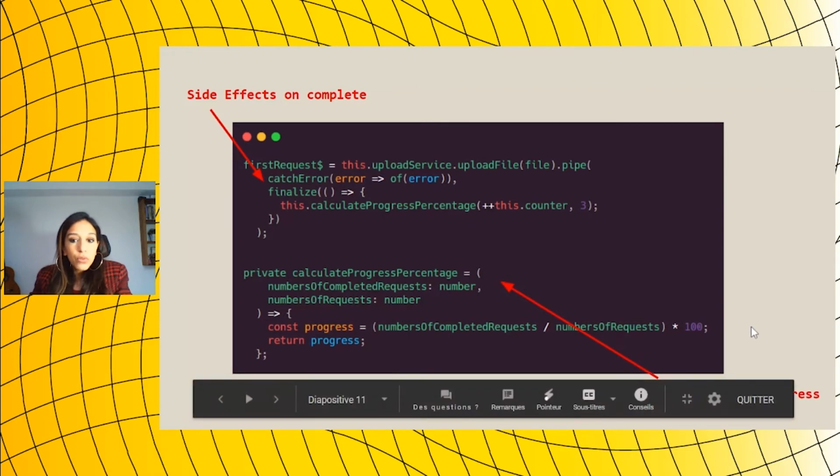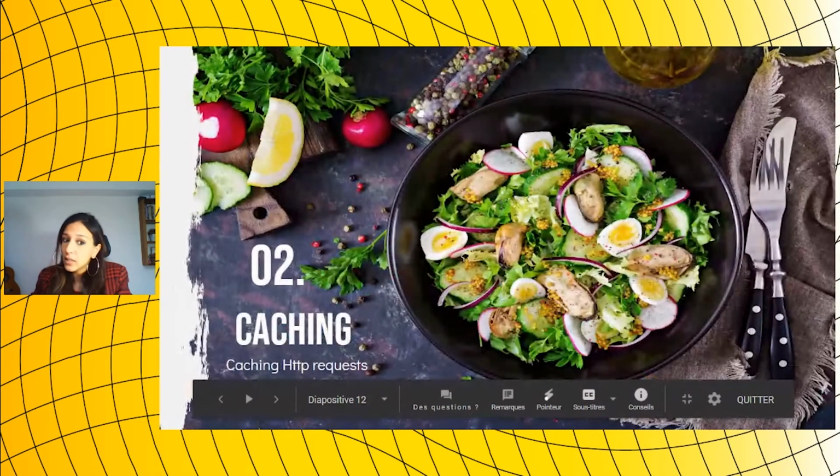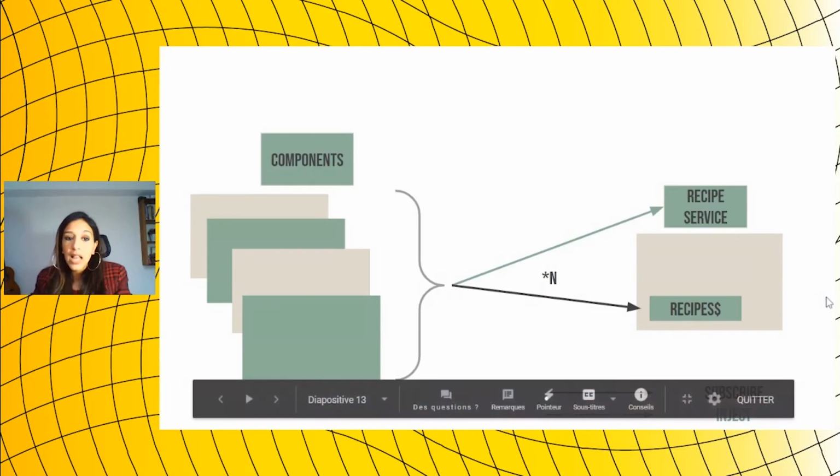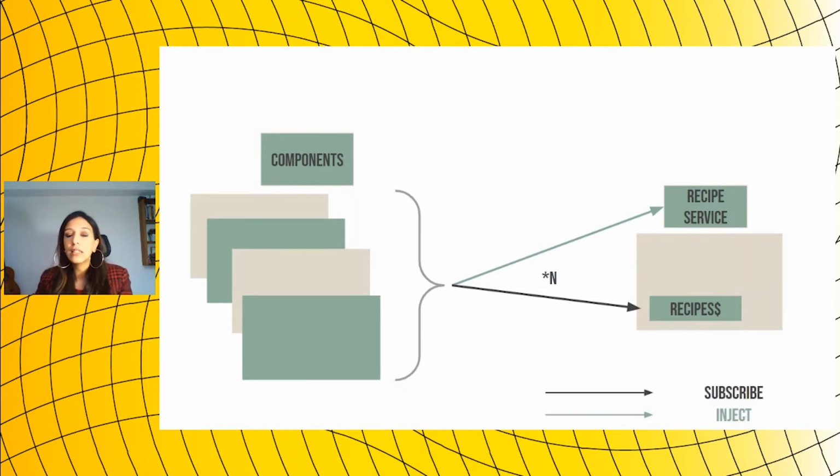So let's move to the second recipe, which is caching. How to cache HTTP requests. And here, look at this picture. I have some Angular components here on the left, and I have my recipe service here on the right. And the recipe service just contains recipes$, which is the stream containing the recipes data. Okay, so this is a traditional way to do it